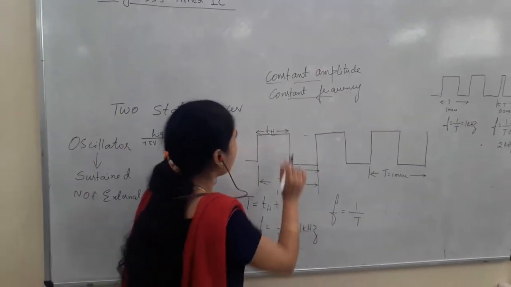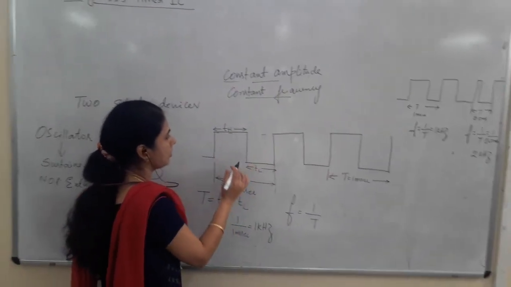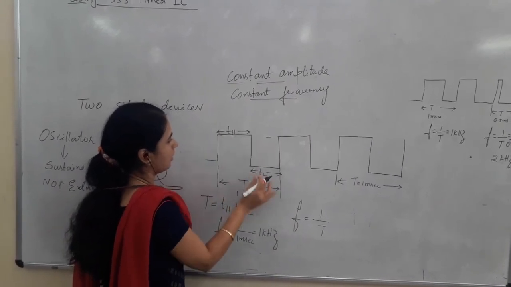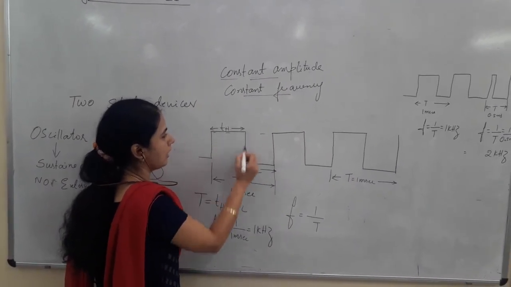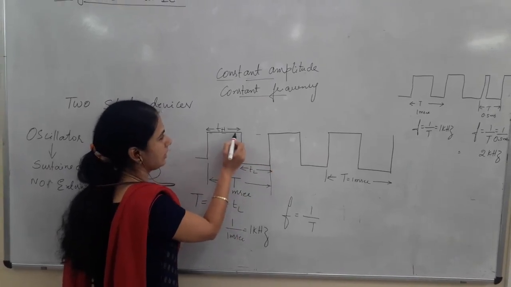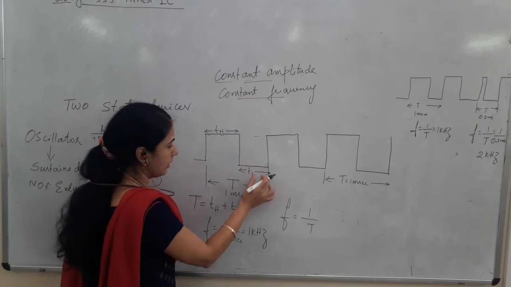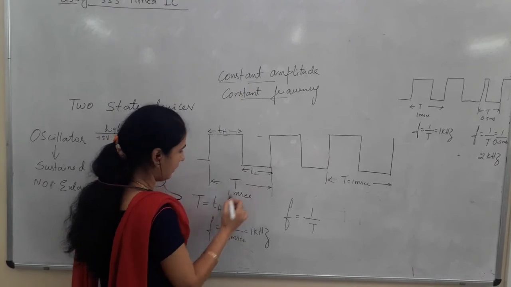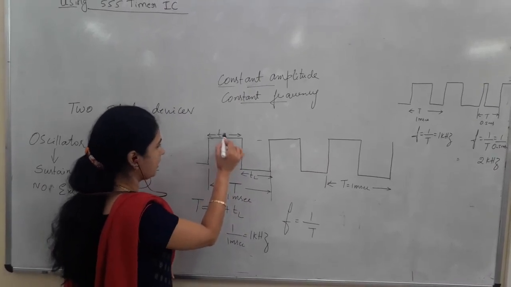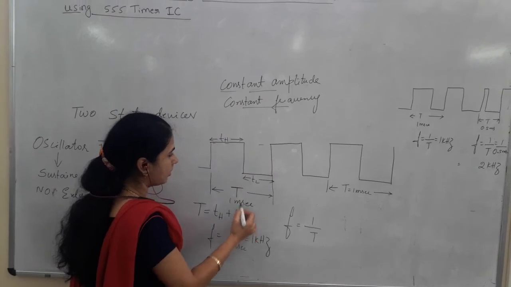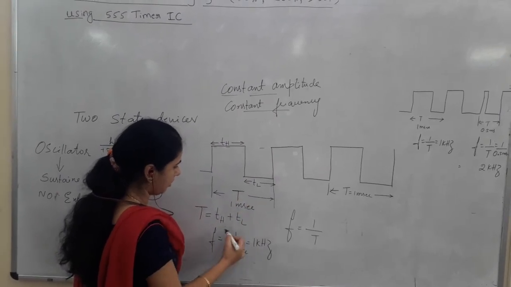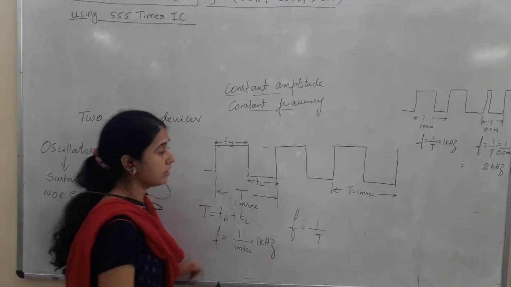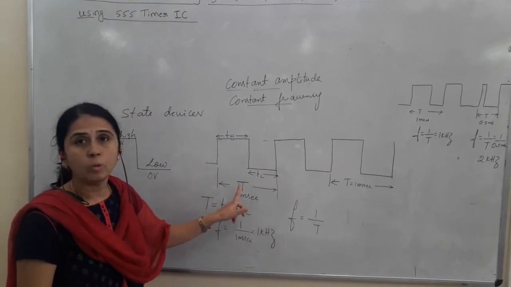Before going to the frequency, we will see what exactly is TH. This is TH, and one full cycle of a waveform will have a high as well as a low state. High state is called TH and low state is called TL. The overall time period to complete one full cycle is called T. So, T is nothing but the high state plus low state, TH plus TL. Suppose T is 1 millisecond, we know that F is equal to 1 by T. That is, 1 by 1 millisecond is 1 kilohertz frequency. This is an oscillation having a frequency of 1 kilohertz.